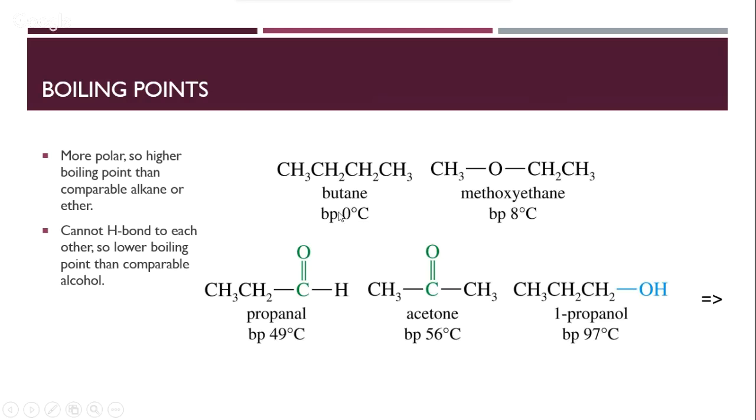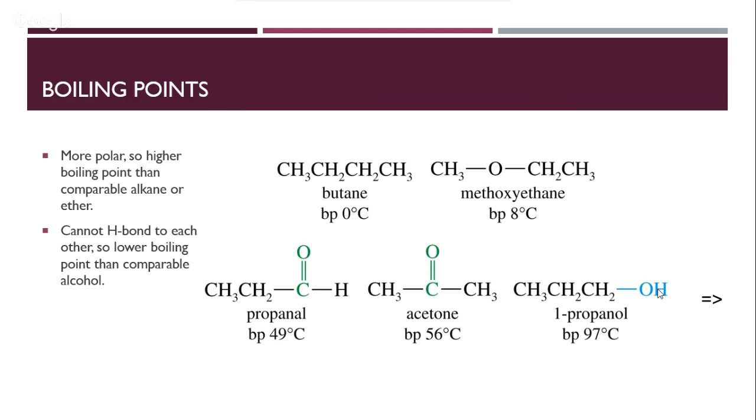So you'll realize that butane actually boils at 0 degrees Celsius, but methoxy, which is an ether, boils at 8 degrees Celsius. Propanol in fact boils at 49, and ketone boils at 56. Why? Because the molecular weight is higher for one, but the other thing is also more hydrogen bonding. Alcohols definitely will be much higher, because you will find that the OH group creates much more hydrogen bonding